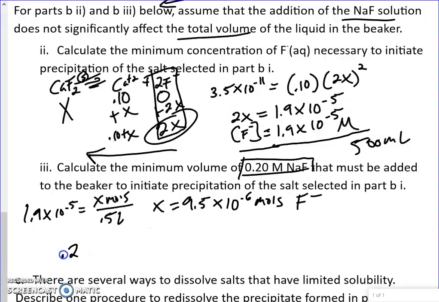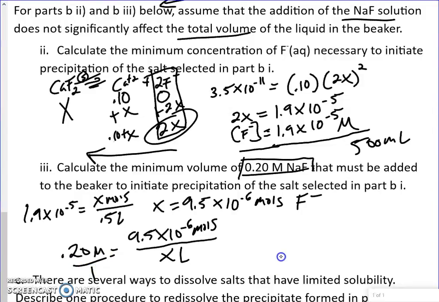So if our molarity is 0.20 molar equals 9.5 times 10 to the negative 6 moles, we're solving for our liters here. So multiply by x and then divide by 0.2, or cross multiply if you want to think about it that way. There's a 1 down here, however you want to think about solving it. What we get for our volume is going to be 4.8 times 10 to the negative fifth. And this is in liters, so think about that in terms of milliliters. It would be 4.8 times 10 to the negative,